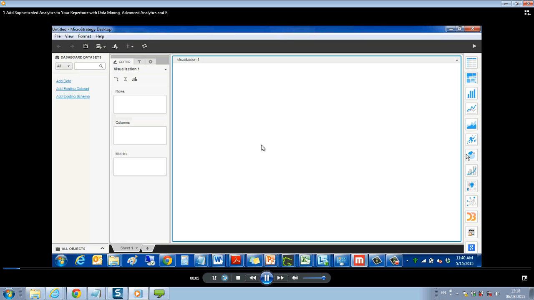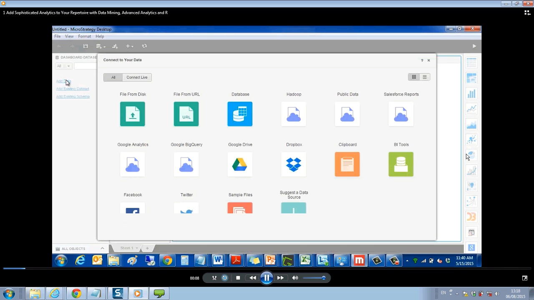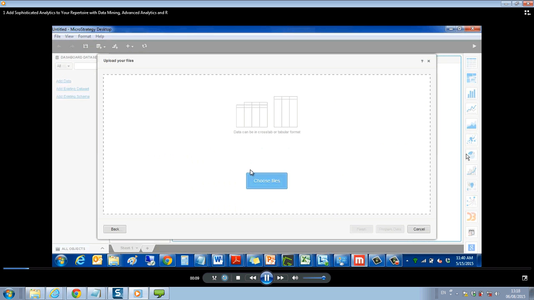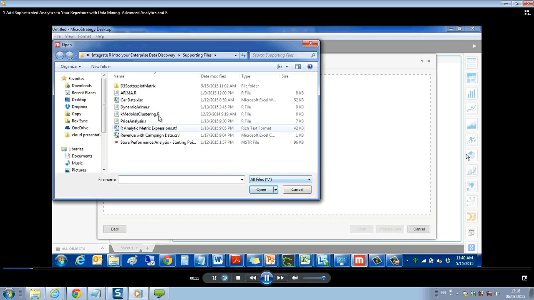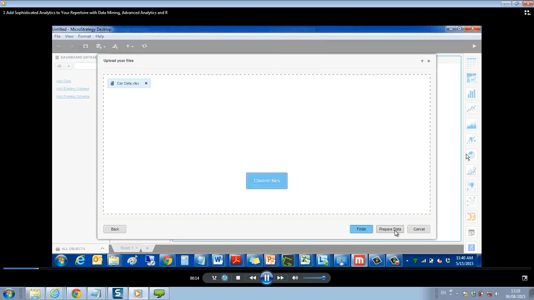So here we're in MicroStrategy Desktop, and to start with I'm simply going to add some data, and I've actually got some car data, some used car information in this car data spreadsheet. So if we preview that